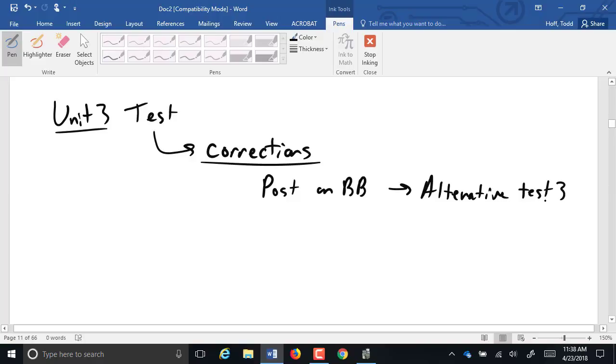And if you do that alternative version of the Unit 3 test, you will get back an additional score. What will happen is I will average that score with your previous test score, as long as it's higher than your other score. In fact, let me post that right now. So you still get to do corrections, and then you also have this where you can redo it without